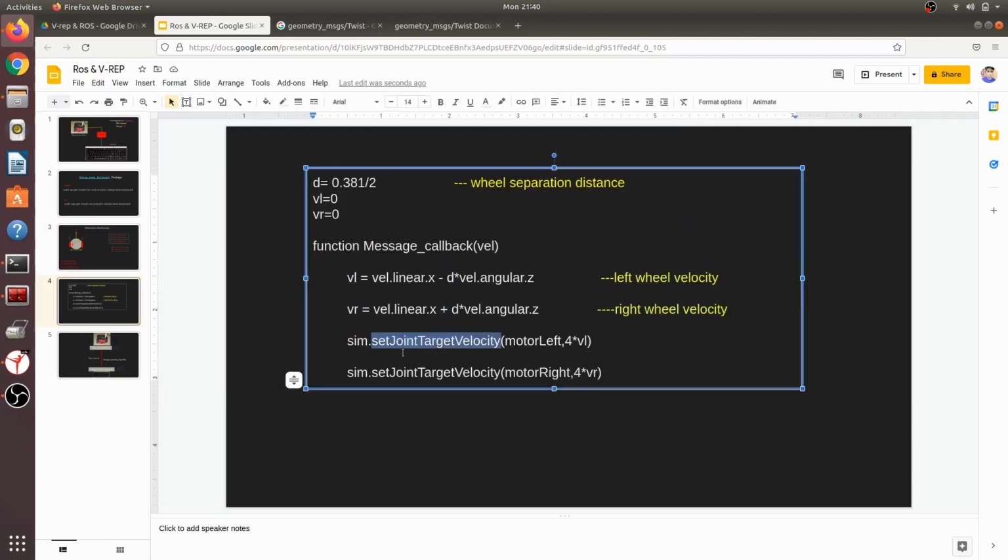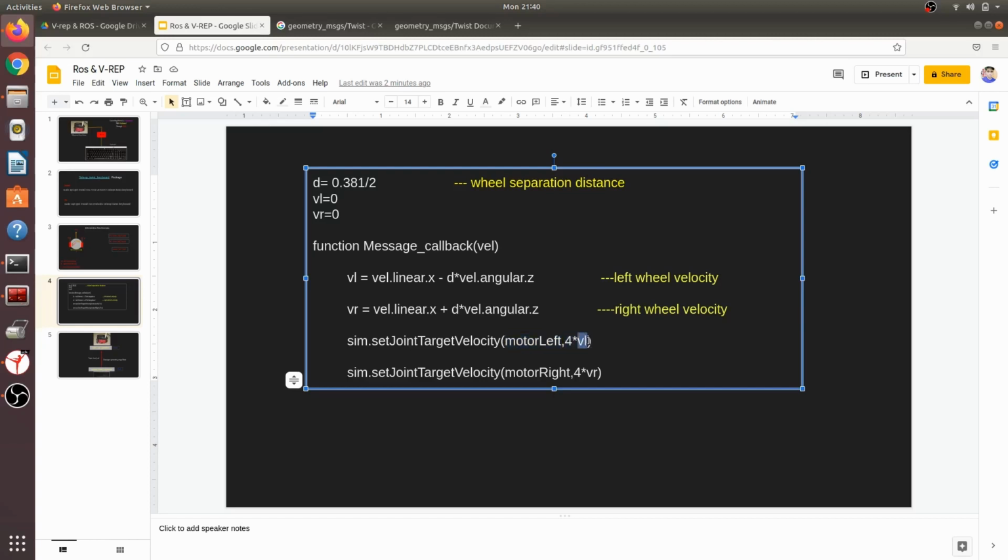Now the next thing is we are setting the joint velocity. To control this on our robot in CoppeliaSim, we need to assign them a velocity. So this is the velocity, and this is the handles. I'll explain this in a little bit more detail. Now this is the second parameter. The first parameter is the robot handle, like the left wheel, so we want the left, and the second parameter is the velocity.